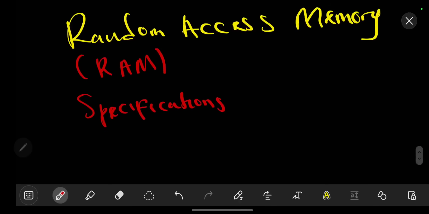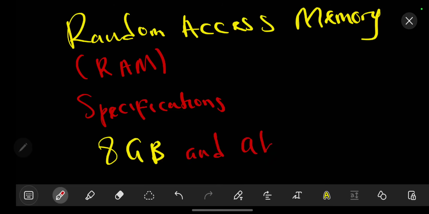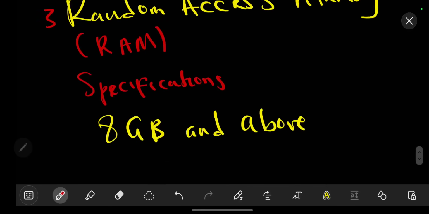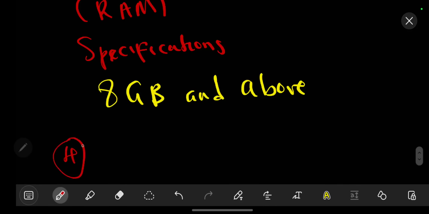So the specification for this, we could have something like 8 GB. So maybe you have heard of 8 GB of RAM, 8 GB and above for a faster working computer like that. So that is what we might have on RAM. So we have looked at our number 3. Our number 4, what we could have is